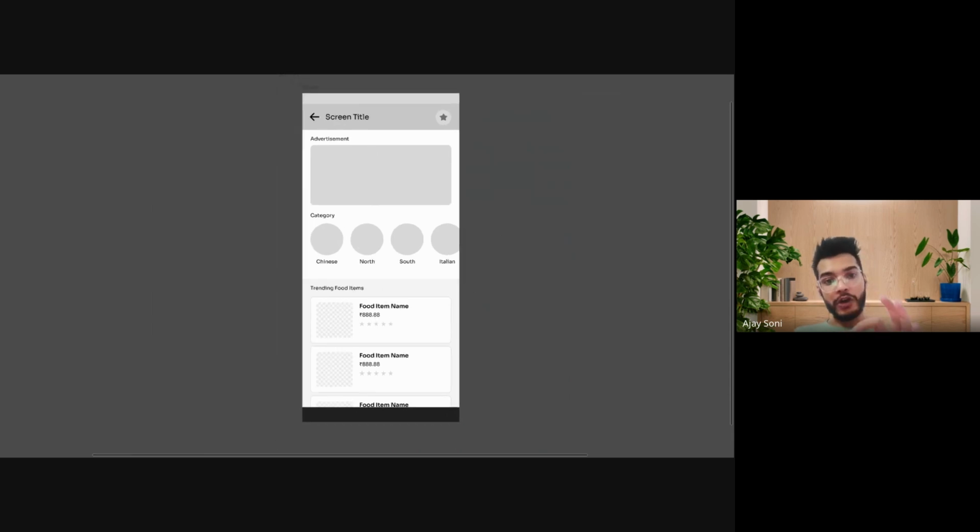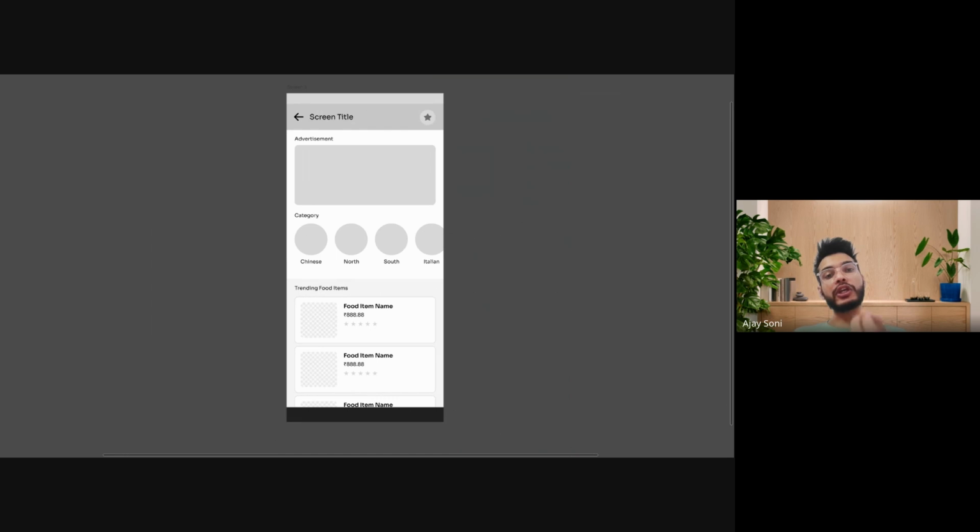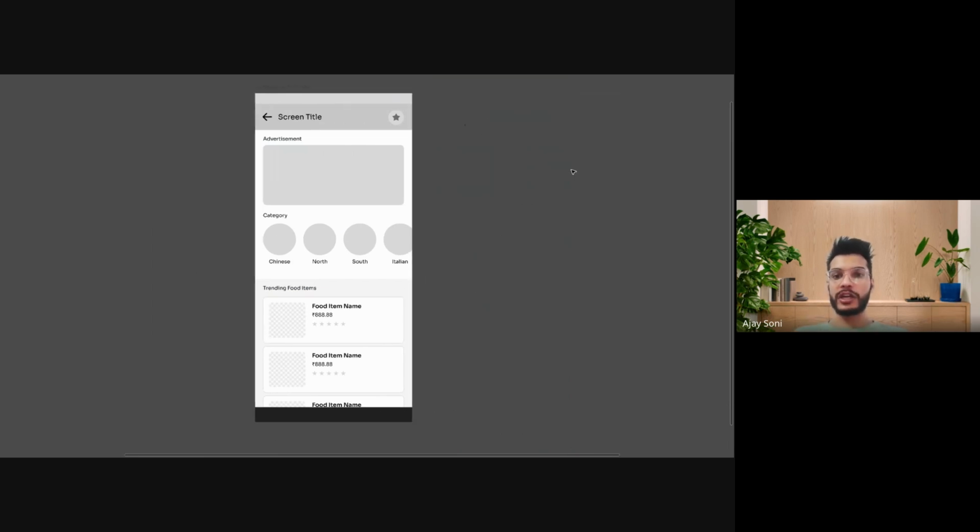Now it will be easy for me to create another screen, and that will be faster than this one because a lot of components I have already created. So it will take me maybe 5 minutes, and the next screen can be 2 minutes. On average, I will be spending 2 to 5 minutes on a single screen while creating wireframes. Now if we calculate it,